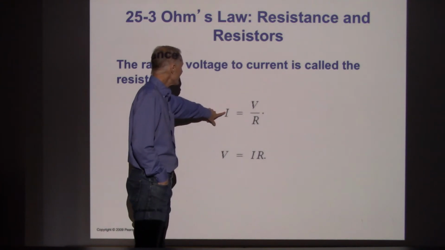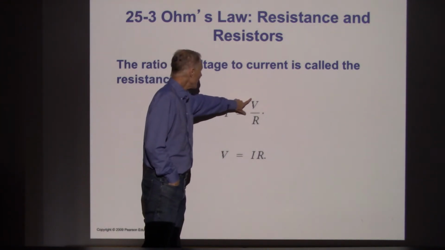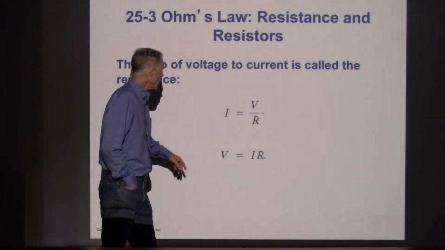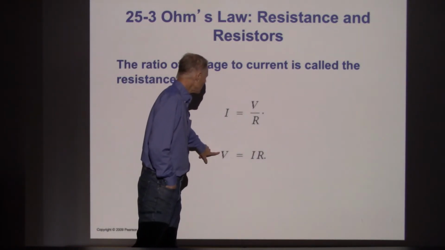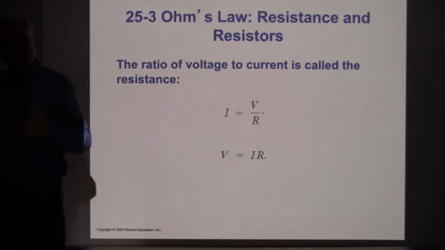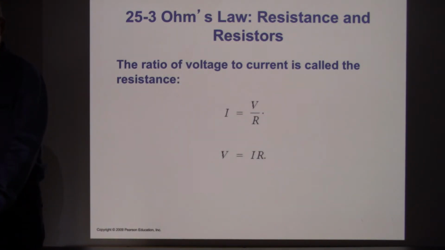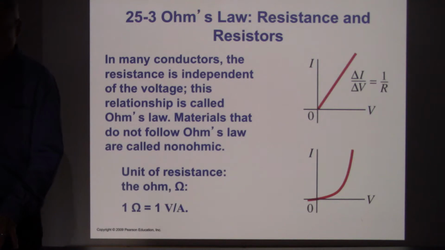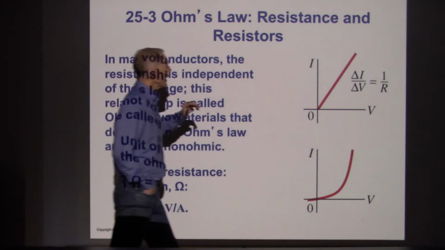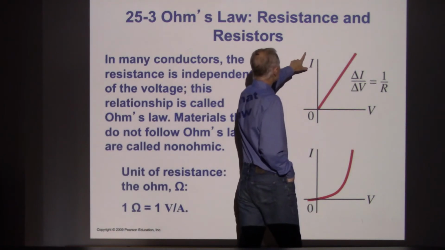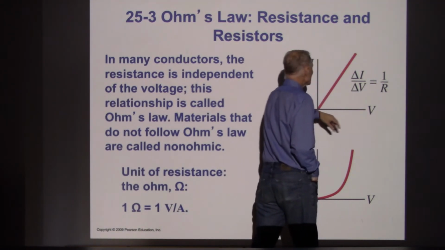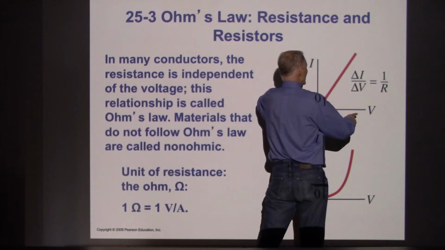First of all, we said that the current is determined by the voltage divided by the resistance. And so I can flip that around and say the voltage is the current times the resistance. And then let's see how that gets used in some of our calculations. So this is pointing out that if I take the current and say that it's equal to V over R, then what happens is,